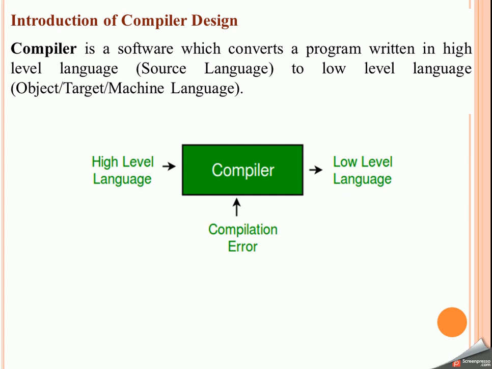And in the process of this translation, there are several errors that the compiler tends to identify. Once it has scanned the entire source code, as and when it encounters an error, it keeps accumulating the errors, and once the entire task is done, it reports the errors to the error handler.